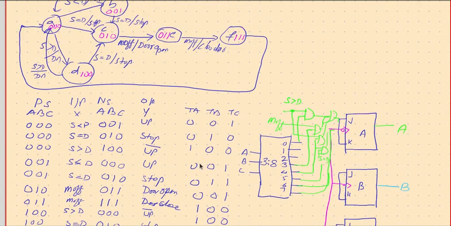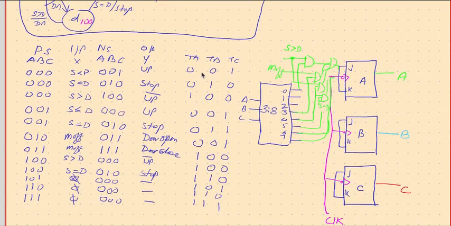Done. Then how do we implement this? So let us use a T flip flop and just look at it. So what does it say? See the A and A columns. If you look at 0 0, no change, so 0 0 0 no change, 0 0 1 there is change, so 1. 0 0 0 no change, 0 0 0 no change, 0 0 1 change, 1 1 0 change, and so on. So that's how the three columns are done.